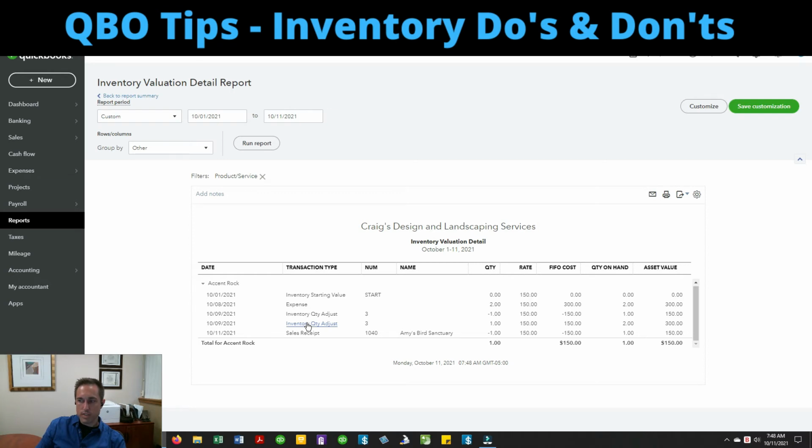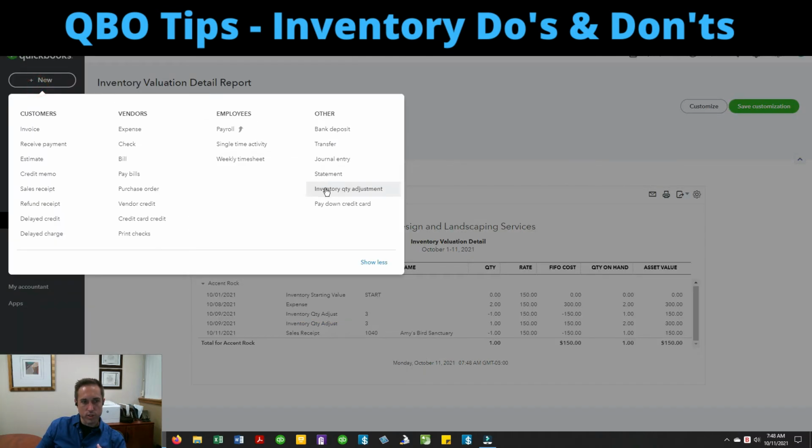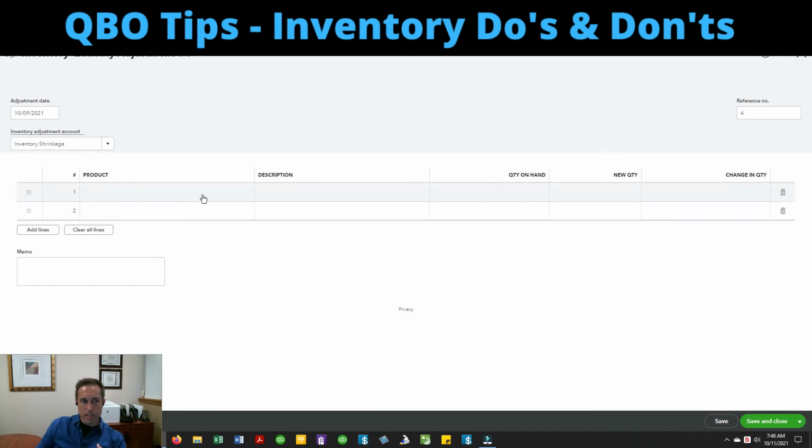So for what it's worth, the logic here when you go new and do an inventory quantity adjustment is to use an inventory shrinkage account or some adjustment account, because if you're adjusting it, that means it either is no good anymore, so you need to get it through the cost of goods sold through the P&L, or you bought it at some point and it wasn't entered against inventory, which means you overexpensed before and you're adjusting for it now.